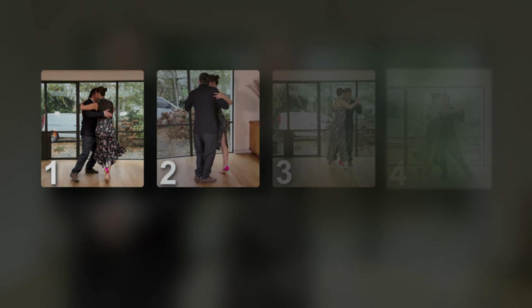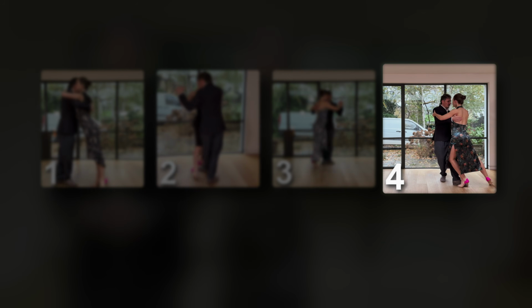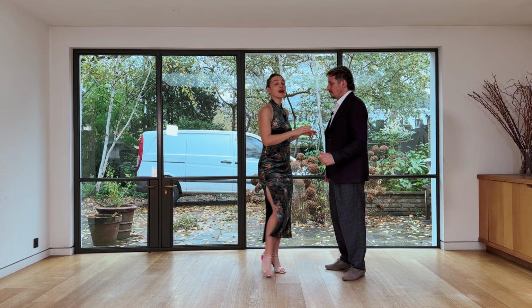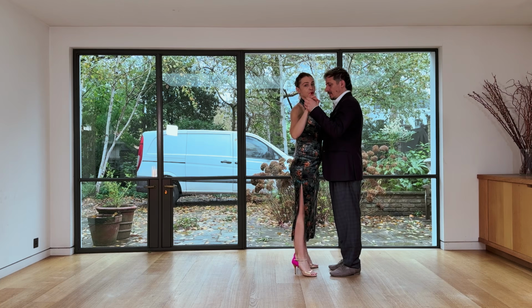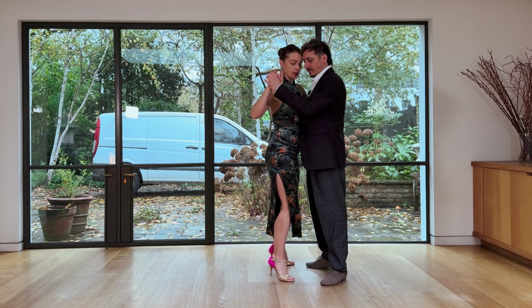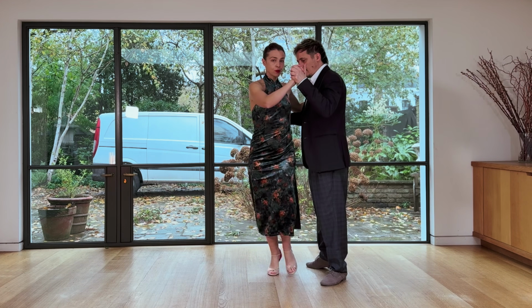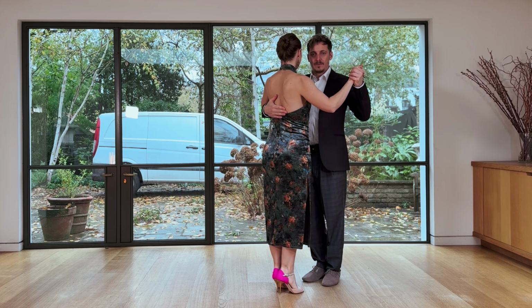This is the fourth and final part of our Tango Pivot and Flow Mastery series, where we show you how to use ochos in order to create more expression and fluidity to your dancing. So let's get started. So we're taking a very simple tango sequence and transforming it with embellishments. So we go from this sequence, side step, forward ocho, forward ocho, forward ocho, and we're transforming it into